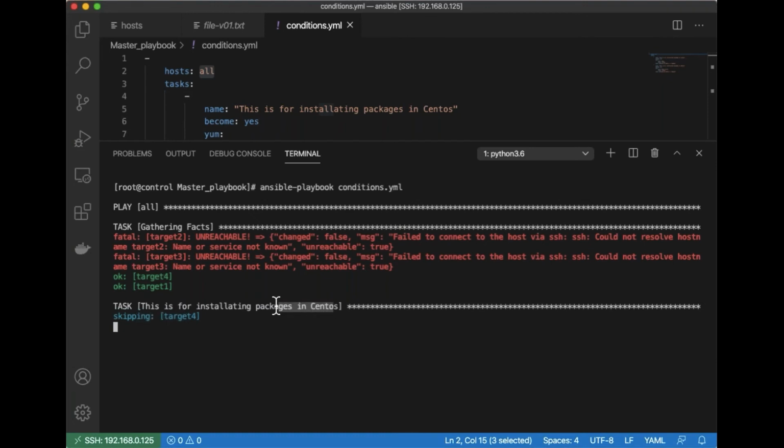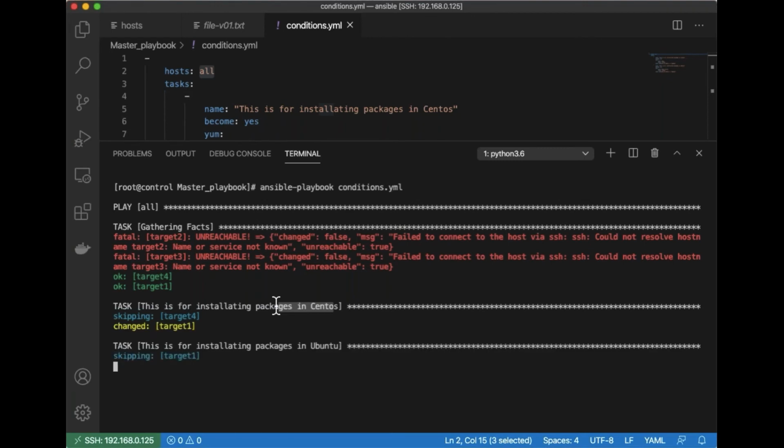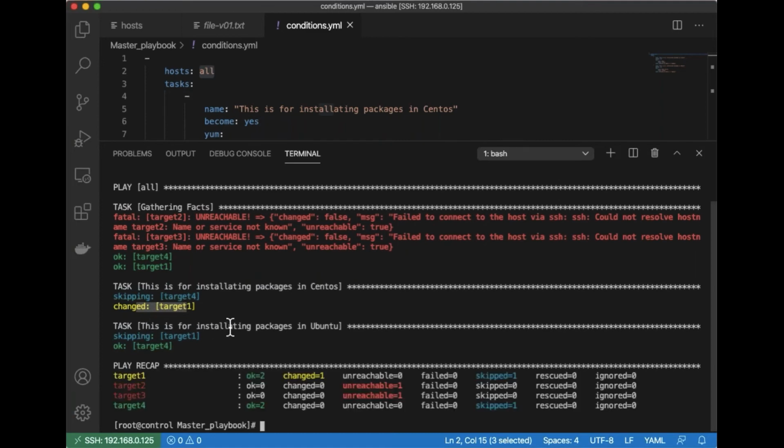So it is automatically detecting the playbook task here, and it will skip the machines that don't match for execution on the CentOS machine. It will skip the other relevant Ubuntu machines. Now it has successfully installed on the target one machine. Later on, it skipped target one for installing the package in the Ubuntu based environment. In this way, you can see the list of statistics here. So this is where we have successfully installed the packages